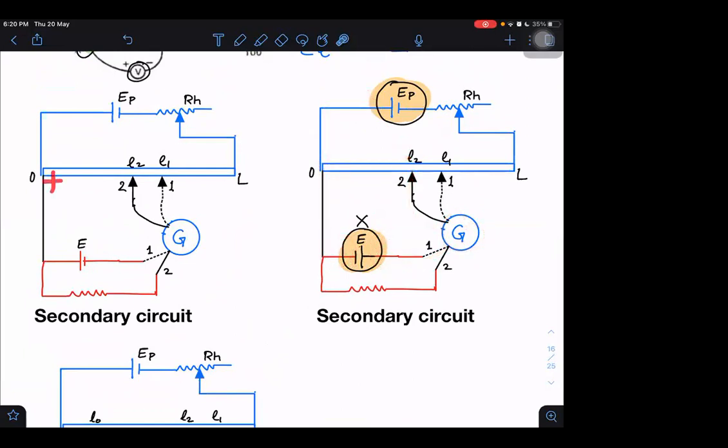If this side is high in the primary circuit and it is high in the secondary circuit also, then it may happen that from here to here no current flows. Similarly, if it is low, this side should also be low. So the low side should be connected towards the low side and the high towards the high side.